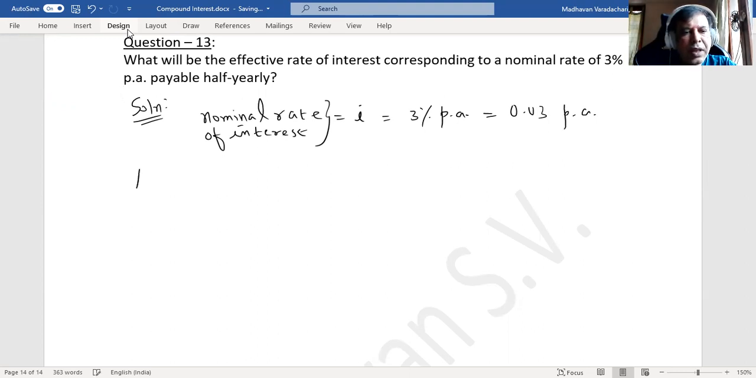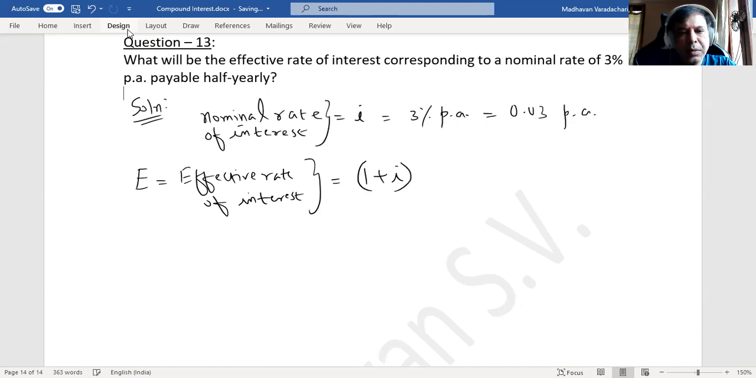If I have to find out the effective rate of interest, which is capital E, I will use the formula (1 + i)^n - 1. So here the question says I need to find out the effective rate of interest payable half yearly. That means first I need to convert this into a half yearly rate,